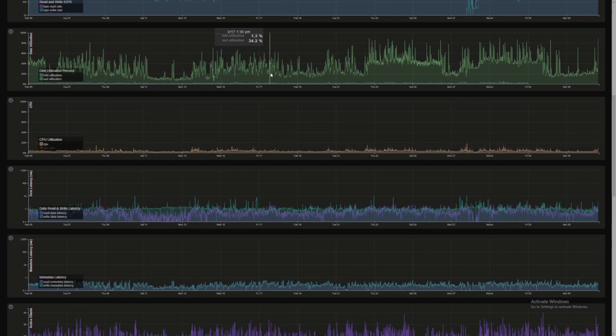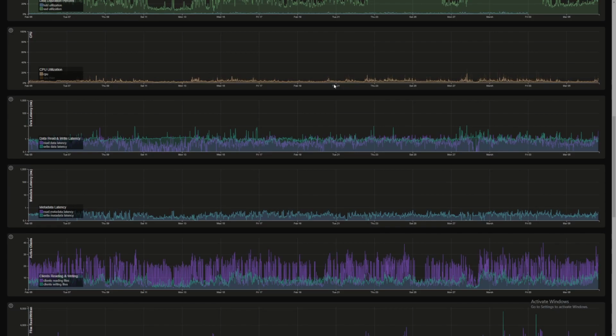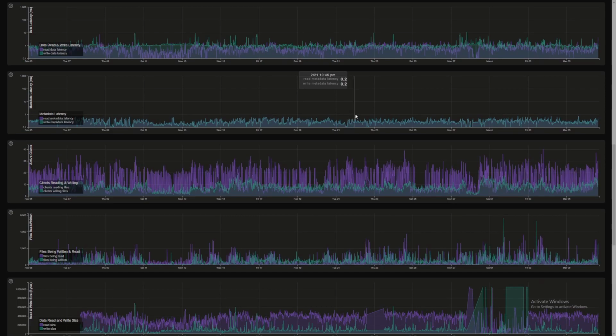Disk utilization. And if you'll notice, this is giving you HDD and SSD/NVMe utilization here. And you can see that those are color-coded as well, but very helpful to get a better understanding of what those rates look like. CPU utilization sometimes is going to be very important to you. Otherwise, it's just good to note, but this will give us the information that we need. And then you can see it not only gives you CPU, but CPU max as well, so you can see that information. We have data read and write latency, metadata latency,